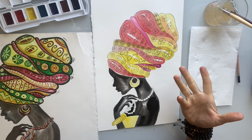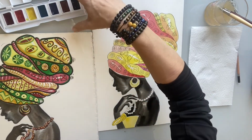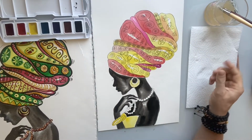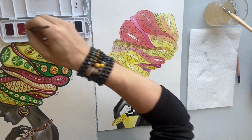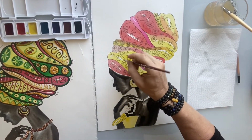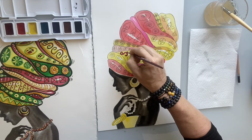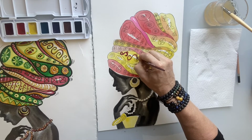So how to create gray color? You just use black and more water. You can mix in this palette right here, or you can have a separate palette. So now we can go with a darker color and outline all these designs. You can start from any design where the background is already dry. So you can do like this, you can do like this,